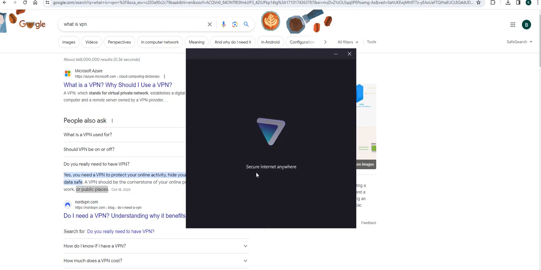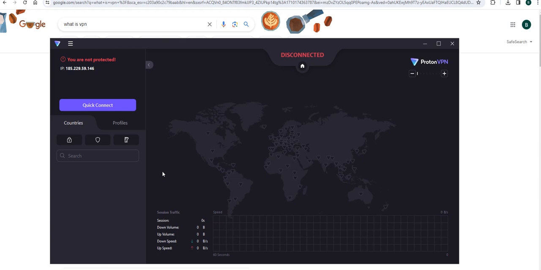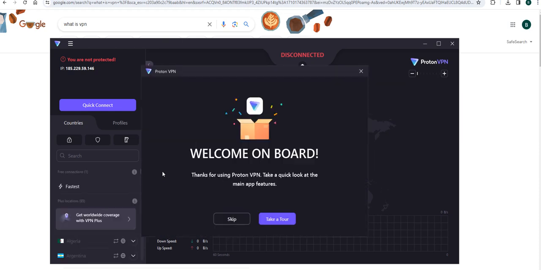And it says here, secure internet anywhere. It's gonna go ahead and connect you to the Proton main dashboard, as you can see here, as always. And most of the software usually comes with the welcome screen if you want to take a tutorial, and